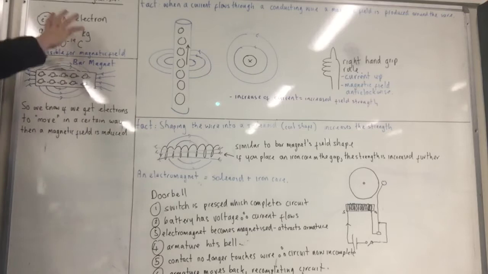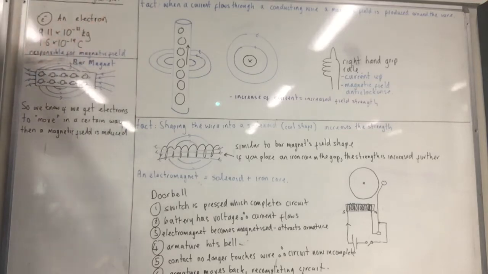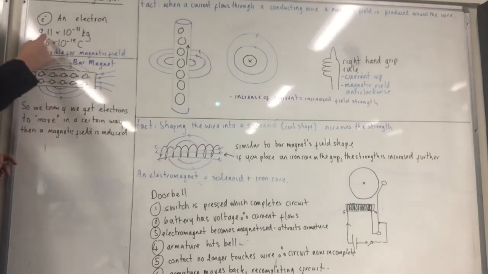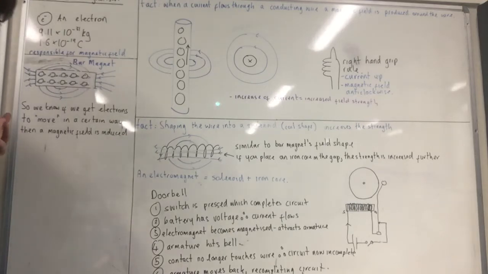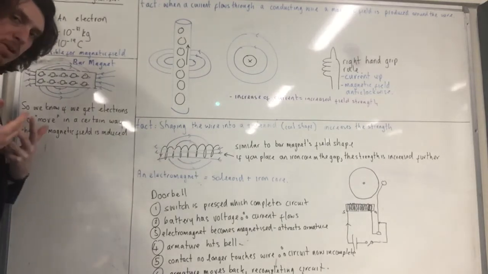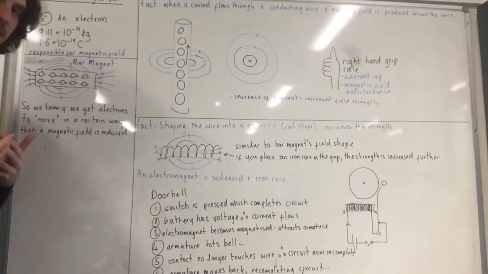Okay, this you do not need to know for GCSE, but I'll give you a bit of background. Electrons are very, very small particles, okay? They weigh 9.11 times 10 to the minus 31 kilograms in terms of mass. In terms of their charge, they are 1.6 times 10 to the minus 19 coulombs. And it is these tiny particles that are responsible for generating magnetic fields. Again, you don't need to know about electron spin, but it gives us a greater understanding of what is